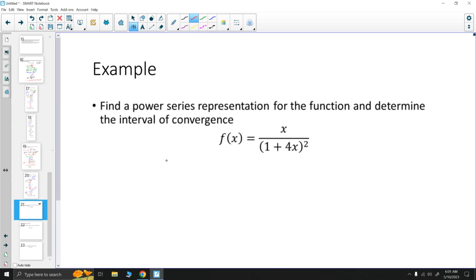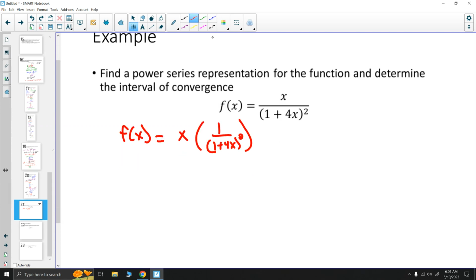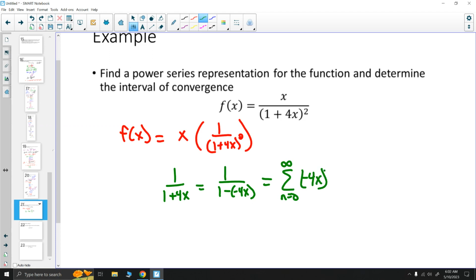If we were to simplify this a little bit, basically our f of x is like saying x times 1 over 1 plus 4x squared. And then this is at least a little bit better towards what we're kind of looking for. So if we think about this one, again, ignoring the power here, if we call 1 over 1 plus 4x, something like that, well, we could write a power series for that one. This would be 1 over 1 minus negative 4x. All right, so writing this as a power series, this would be n equals 0 to infinity of negative 4x to the n,